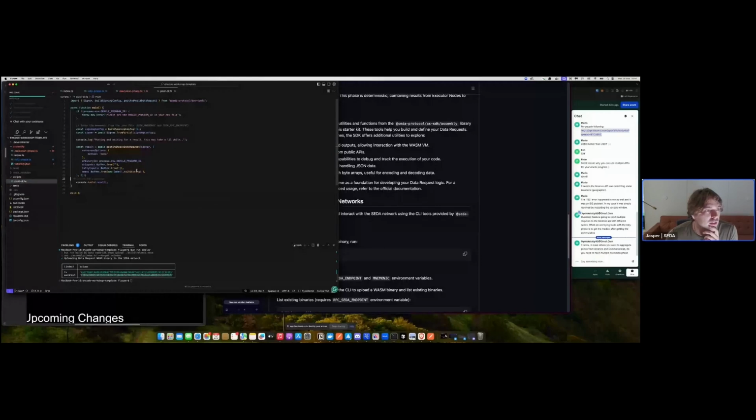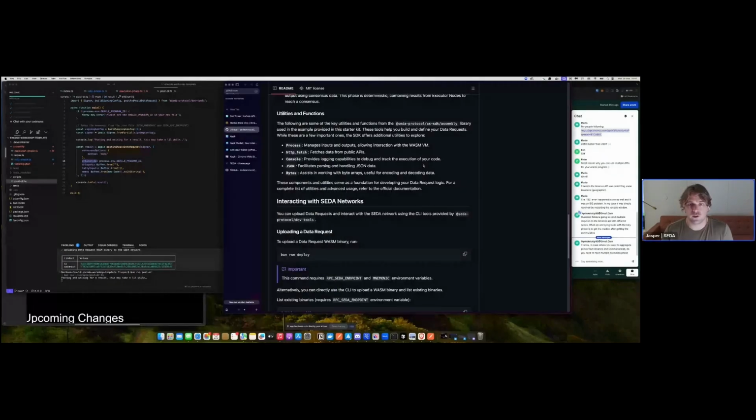So we have this script here. It's a TypeScript script that essentially will trigger this data request that it takes from the env. And you see there's a bunch of inputs and memos, etc. We don't have to worry about that at all. This is all ready to fire. And we do that by running bun run post dr. And if we go to the